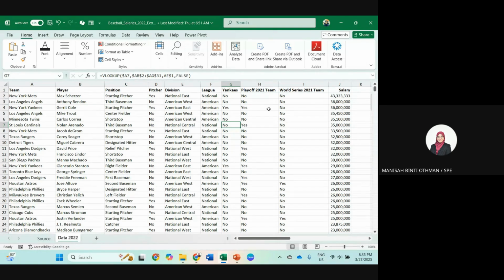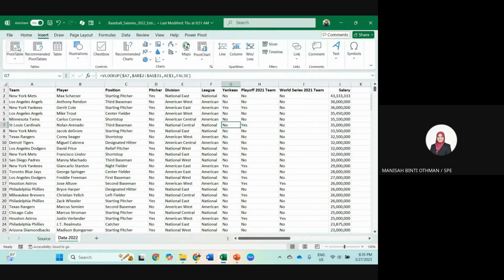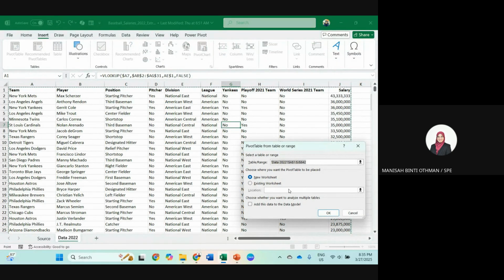Alright, so let's say we want to see the distribution of salary. This is a category, and you can display using a pivot table as previous. Let me show you the pivot table, new worksheet.